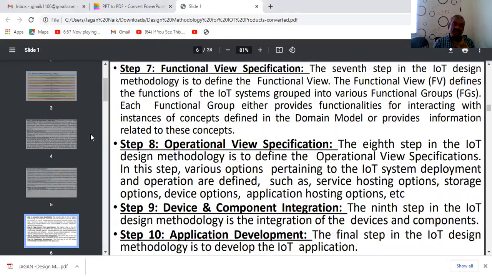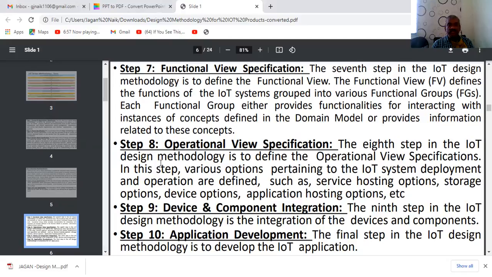Next is the functional view specification. In this functional view specification, various functional groups provide the functionalities, integrating with the concepts that can be defined in the domain model, and it provides the relationships related to these concepts.